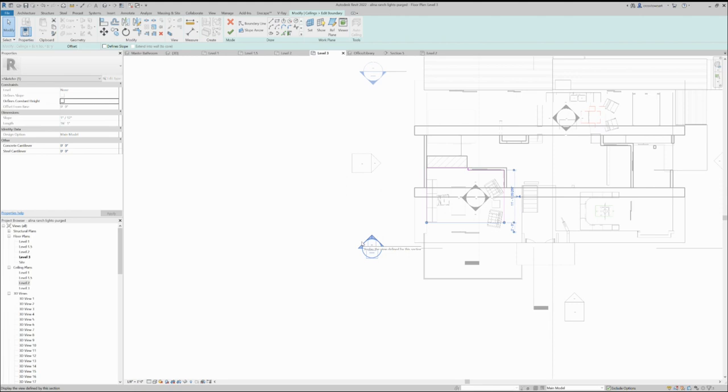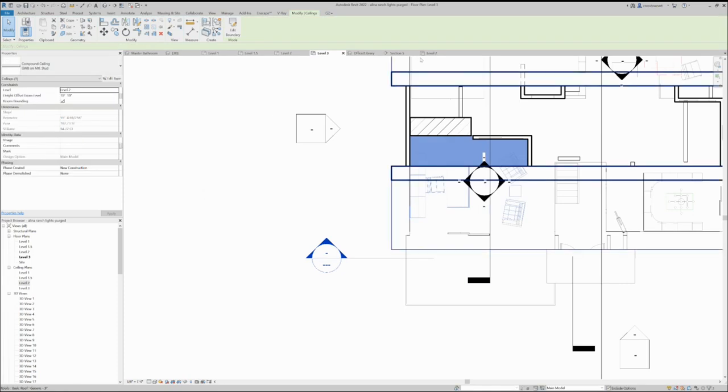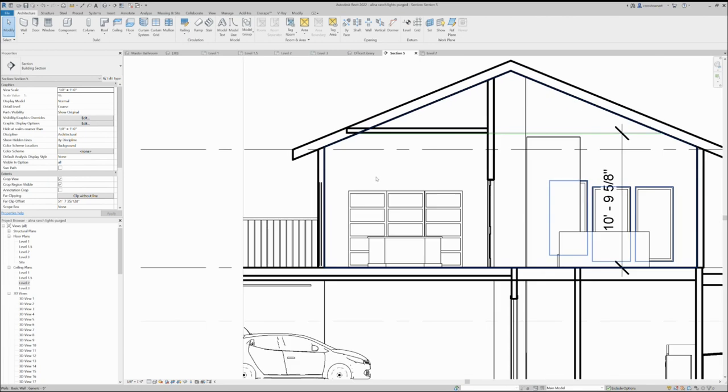If you don't understand what I'm doing, carefully replay it because it's really important to understand what you're doing in 3 dimensions. I just made a guess at where the ceiling that I just drew intersects that roof. And I go finish edit. And I go back to my section. Look at that. Now it's buried in that roof somewhere. That's what I want. And this is the thing I want to attach light to. So let's go back